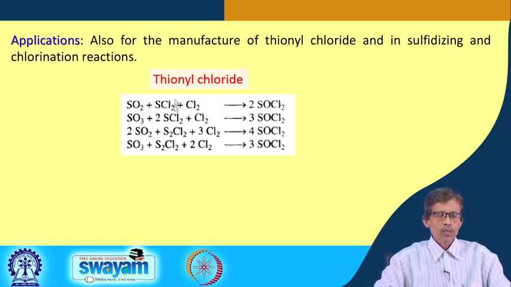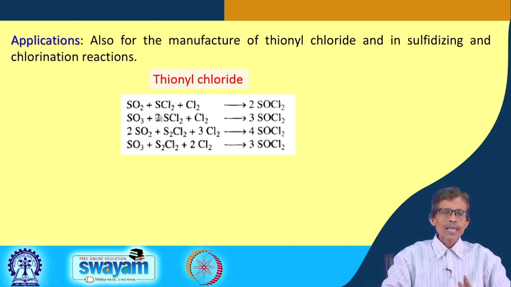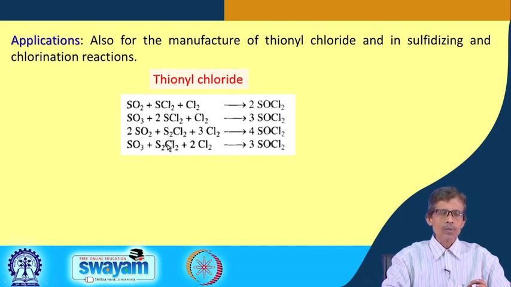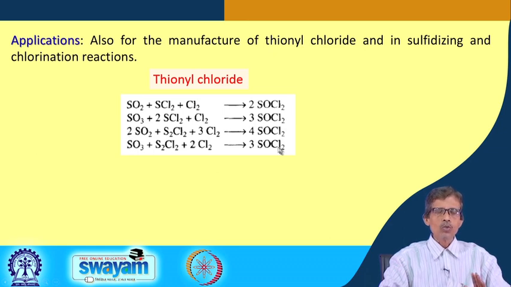So, if we consider that our goal is converting this SCl2 to SOCl2, it is basically a question posed to you: how can you convert the first two examples, which are sulfur dichloride, and the third and fourth examples, which are the conversion of disulfur dichloride, the first species we discussed last time in our previous class. So, how do you convert these two to SOCl2?